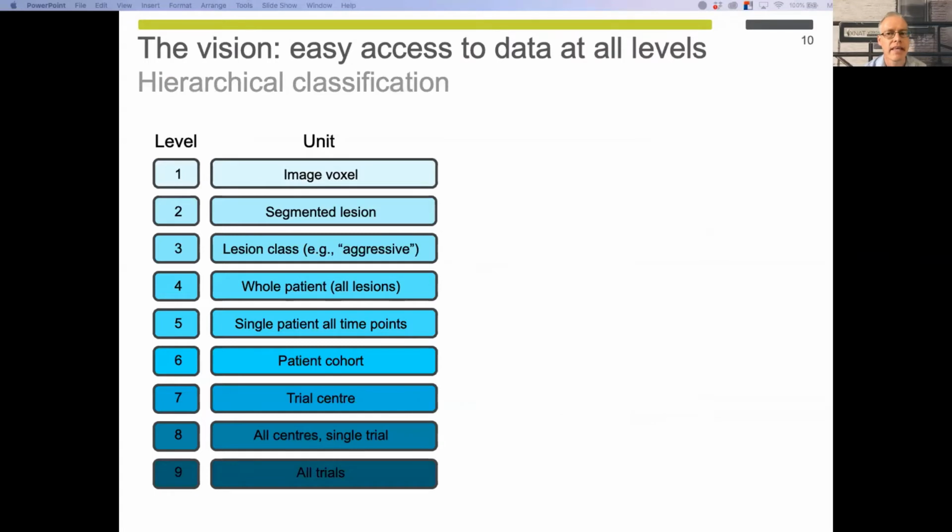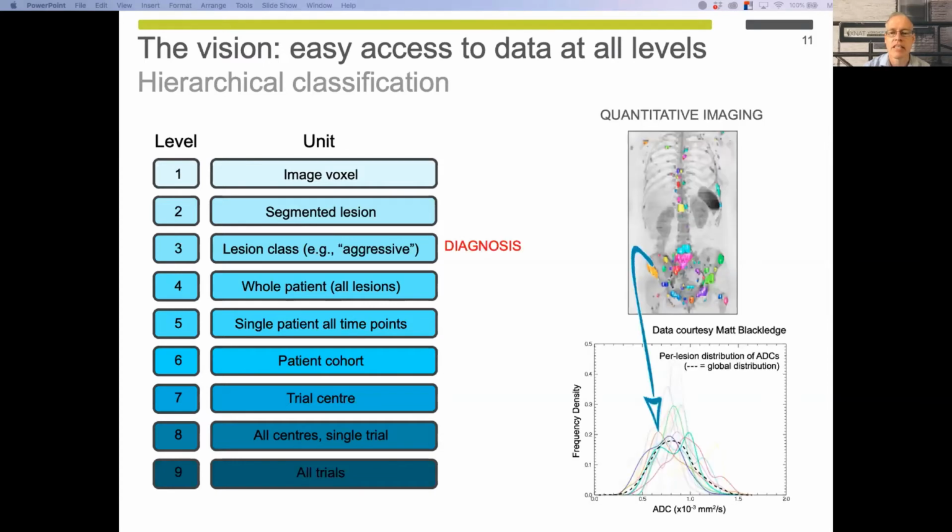So we want to make it easy to access all the different hierarchical levels of those data, all the way from the final results of a set of trials, going back to even tracing all back to an individual voxel if necessary. Well, why is that so important? It's because each level can tell us different things. So let's think about that video, still from that video that we saw earlier. So these are separate metastases that have been segmented, and